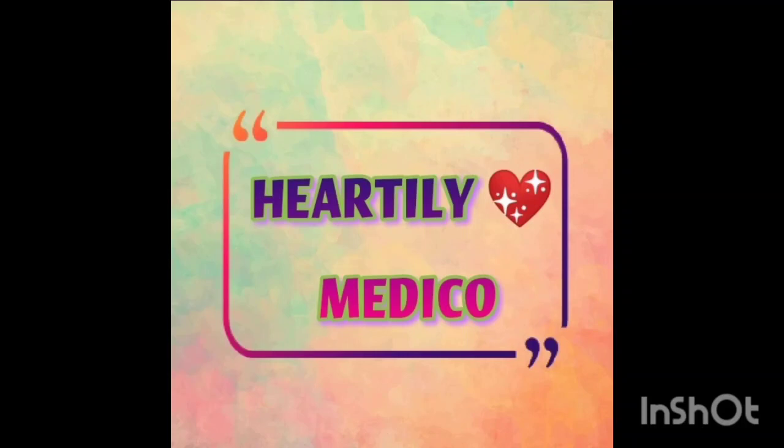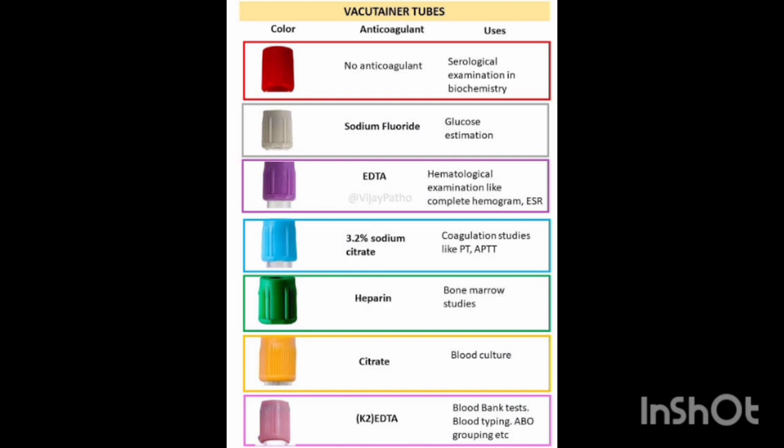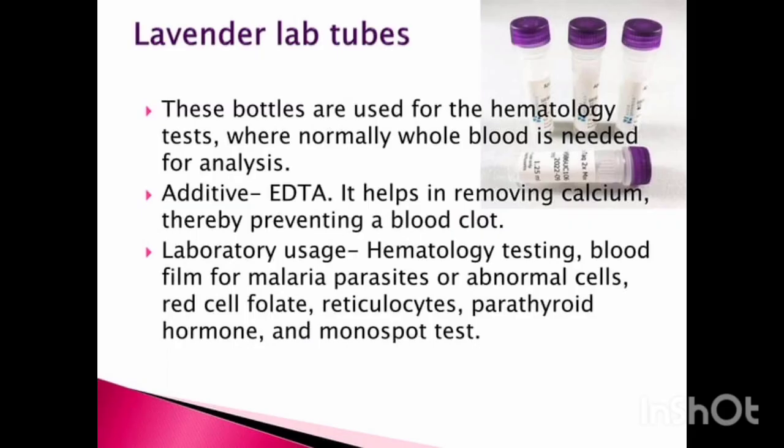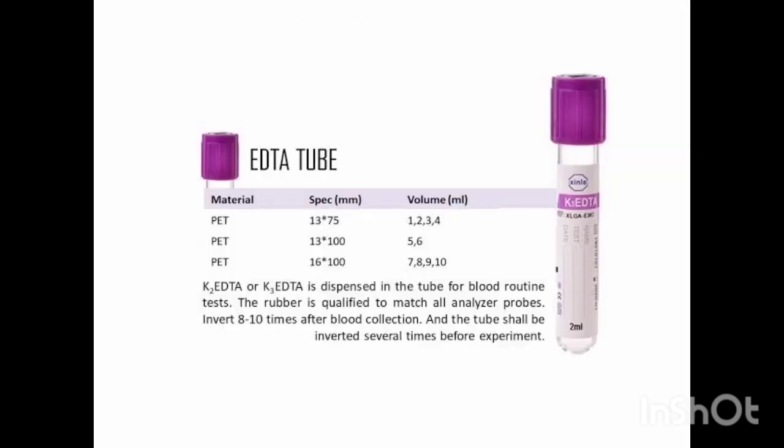So in this video we are discussing various types of blood sample collecting tubes and their uses in different laboratory tests. So here come the lavender lab tubes. These tubes are capped with lavender color so you can easily identify them. They also contain EDTA and are used for hematology testing such as CBC and also blood film for malaria parasite, red cell folate, reticulocytes and pathogenic hormone monospot test. After collecting the blood in these tubes, you should flip them 8 to 10 times so the blood does not